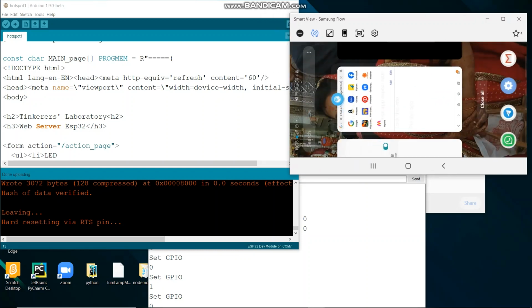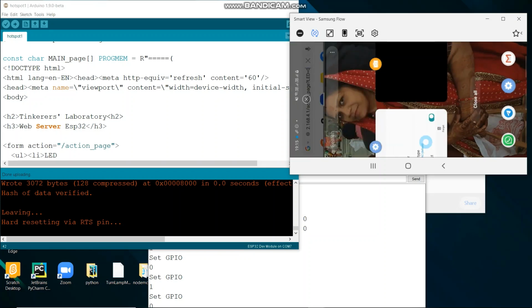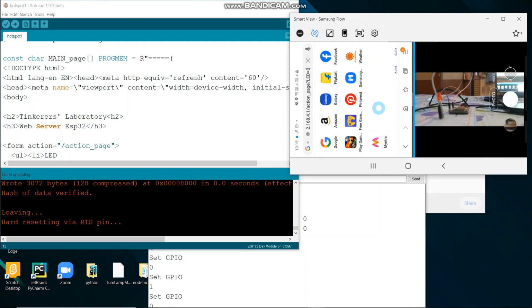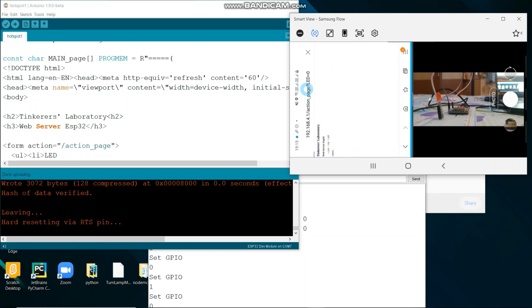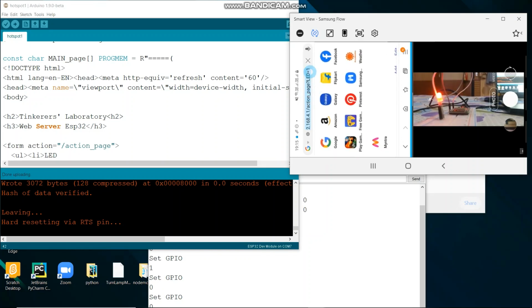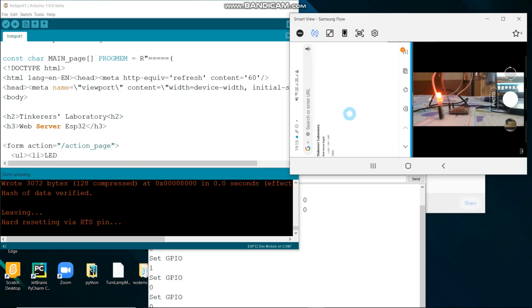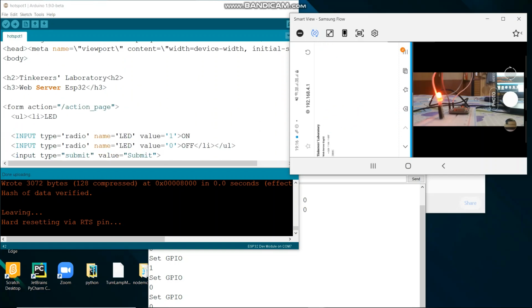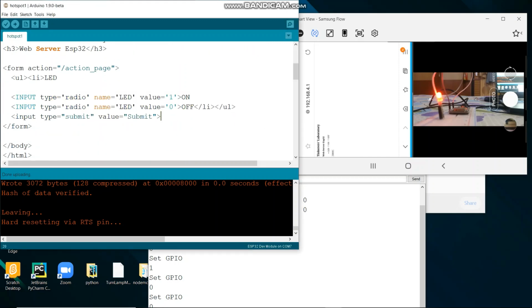Let me show you, open in split view and camera. You can see the LED is off. Let me go to this, and when I click on it, this will become LED equals 1. So you can see that whatever the state of the LED is, you can also print it out here by changing the HTML. I will be sharing resources on how to add more to this, but for now you can see that this is basic knowledge for home automation.